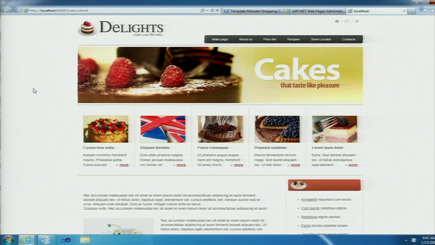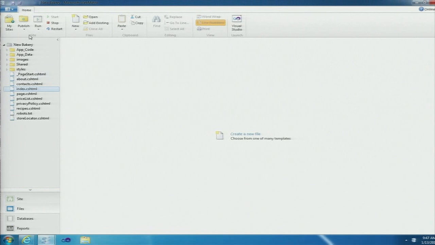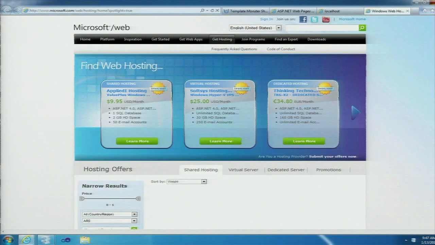So we're almost ready to publish. Now, in WebMatrix, we've made it super easy to do the publishing process, starting with finding web hosting. We've got all of the great deals listed on the web hosting gallery, and you can filter by things like price, hard drive capacity, etc. to get the perfect hosting provider for you.